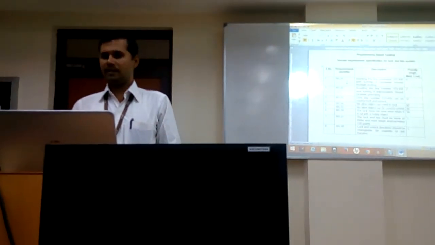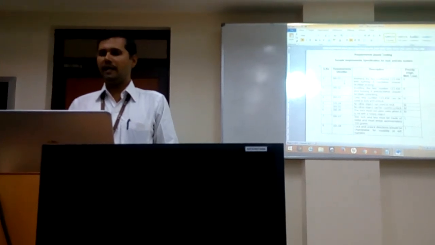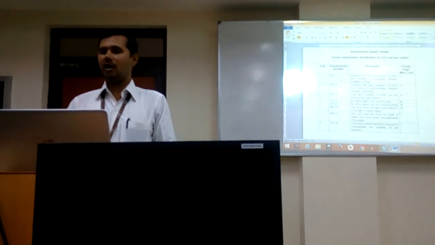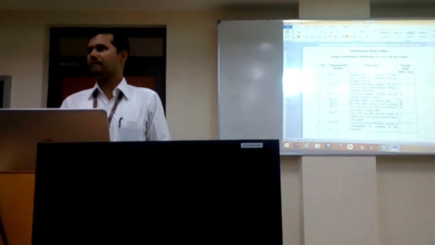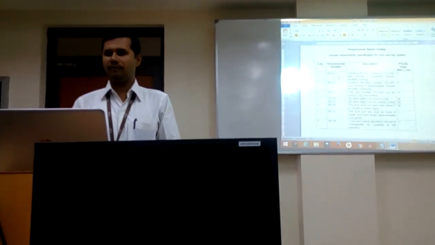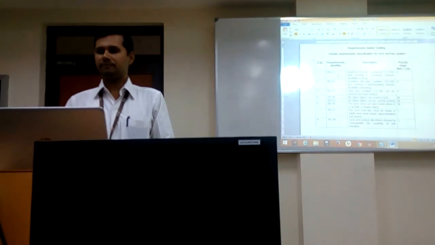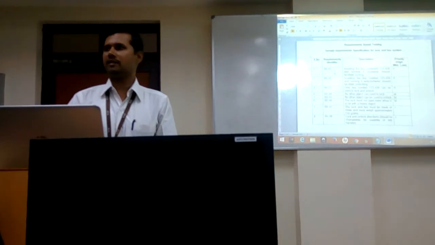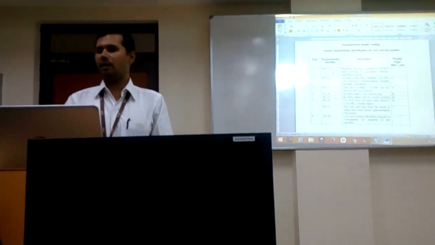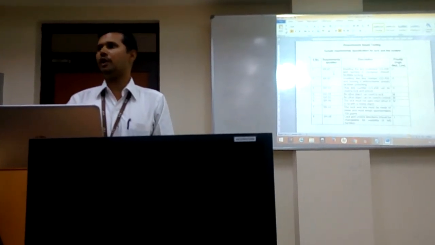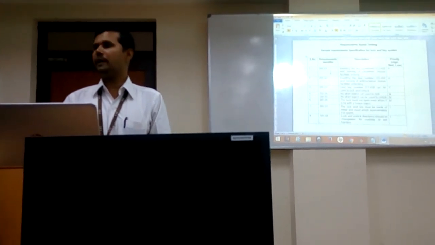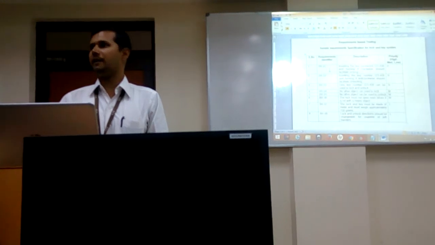Requirement number 1 is explicitly stated by the customer: inserting the key number 1, 2, 3, 4, 5, 6 and turning it clockwise should facilitate locking, right? You are designing an application for this lock and key application. This is the first requirement mentioned by the customer. The lock should be operated only by this key number 1, 2, 3, 4, 5, 6. If you put any other key, it should not open. That is why it comes under the high priority category.